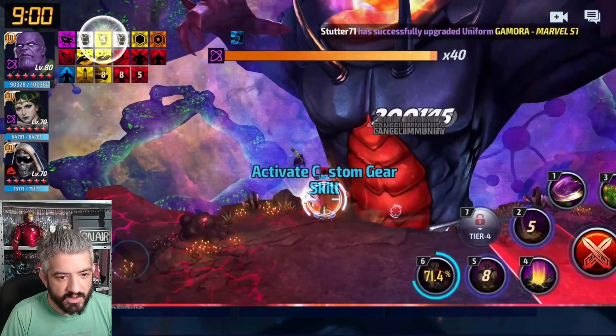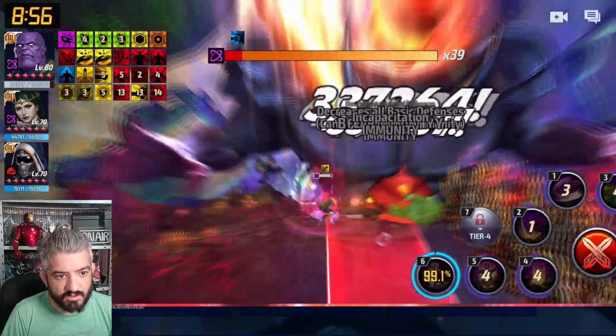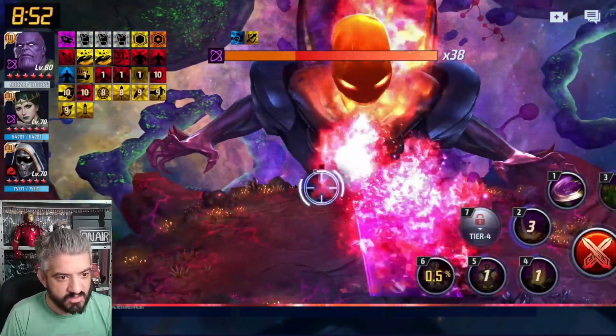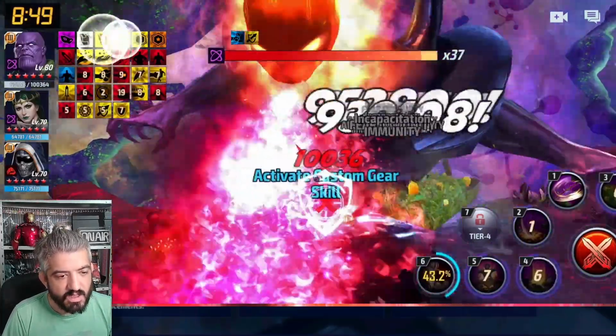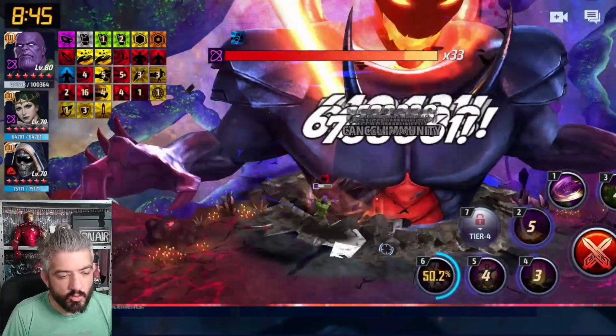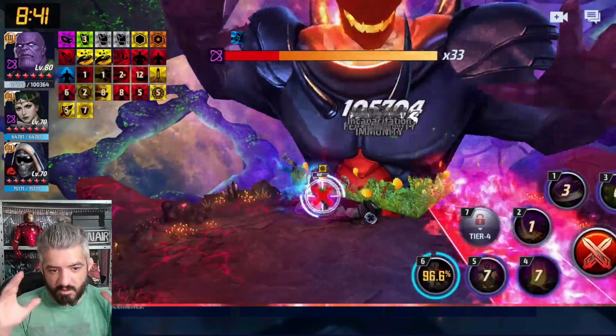So you prefer using a 2 and a 1 in every single rotation in the end, like now, as you can see. But as soon as your tier 3 is ready, you want to cancel the 1 and go into your normal rotation. So here